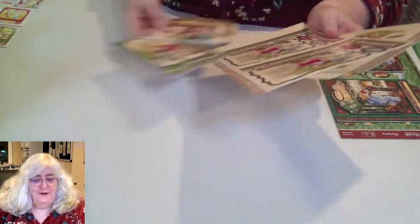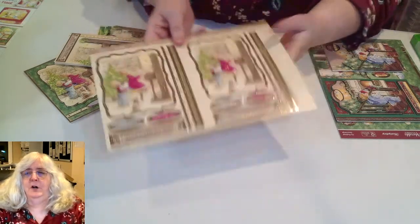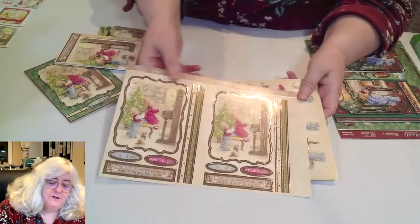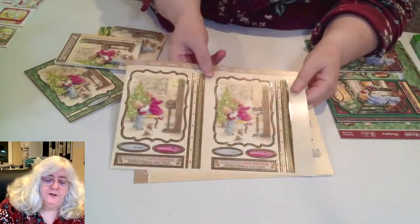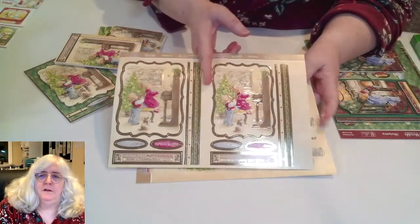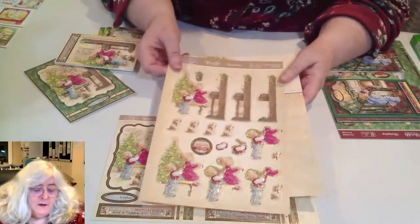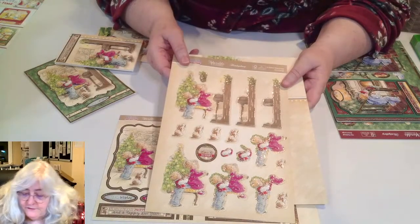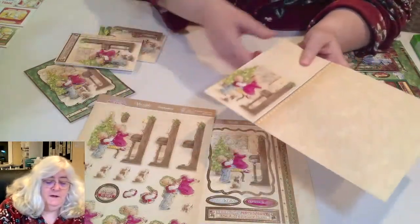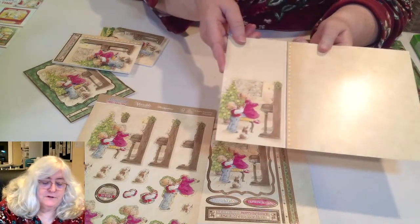Next up, I love this one. This is so cute. We have one called a Festive Sing-Along. Once again, an individual set will have 1 of these 2 base sheets. I'm not going to say that every time, but I just want to make sure you understand that this sheet is actually a half sheet in the individual topper sets. Here's our layering pieces. And here's our coordinating cardstock. It's so cute. The little expressions on their faces are just...